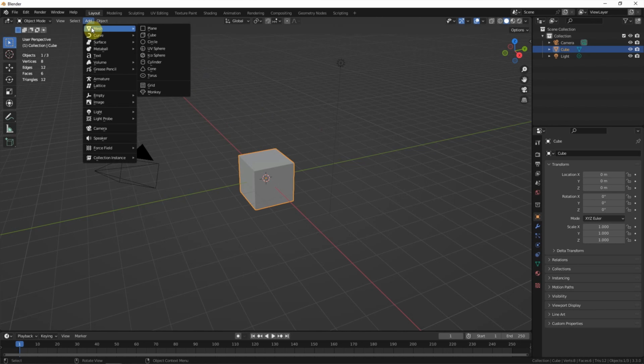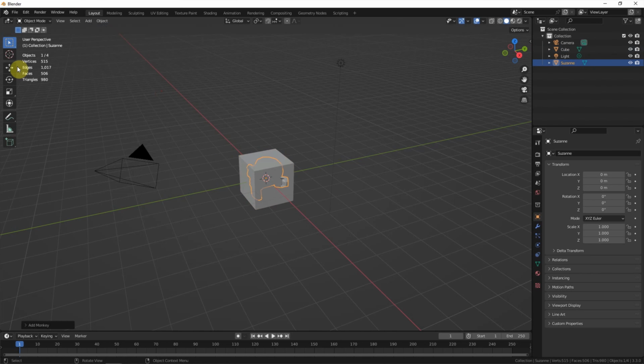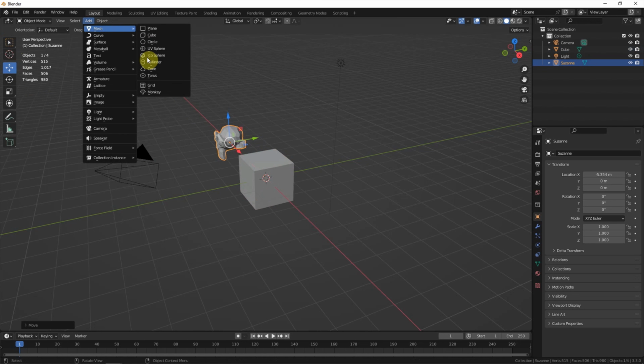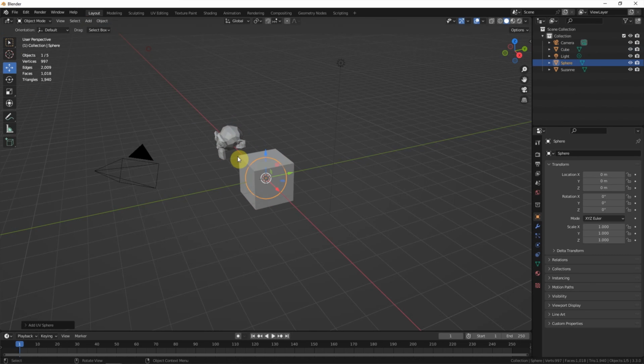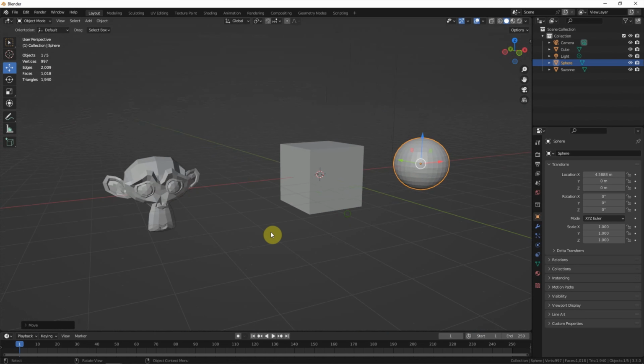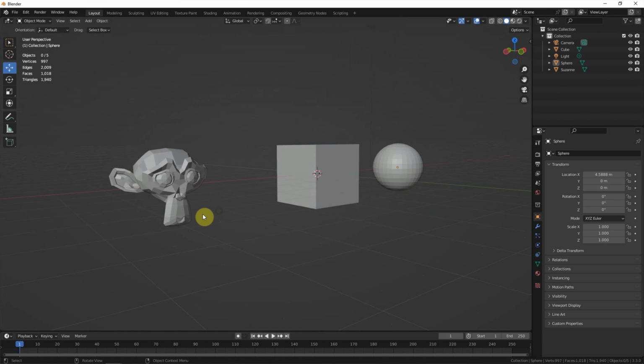If there are other objects in the scene, like adding Suzanne and adding a sphere, there are 3 polygon counts here. So if we wanted to show the Suzanne only,